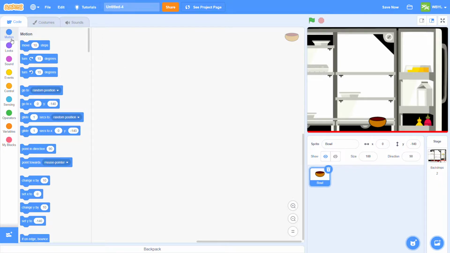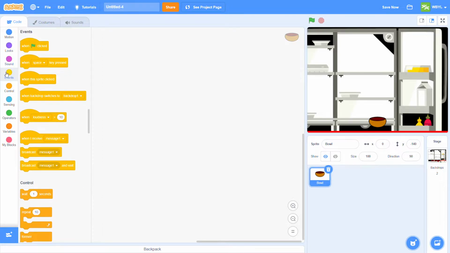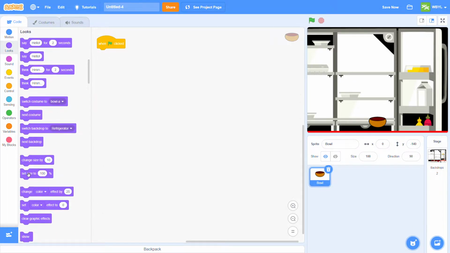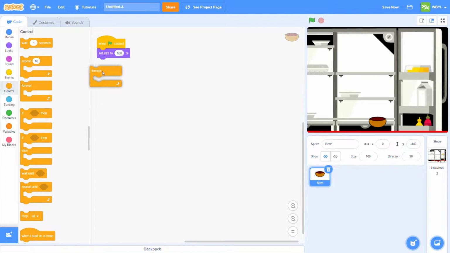Then I'm going to go over to events on the left over here. I'm going to grab when green flag clicked. Click on looks. I'm going to set my size to 100%. Then I'm going to go to control, grab a forever loop block and put it right underneath set size to 100%. Then I'm going to go to motion